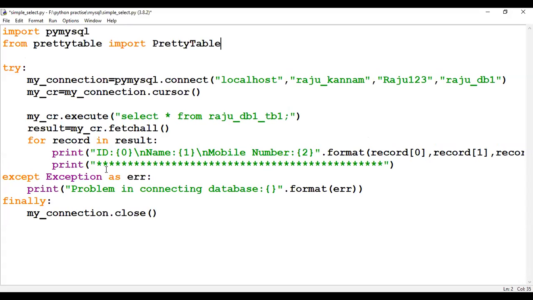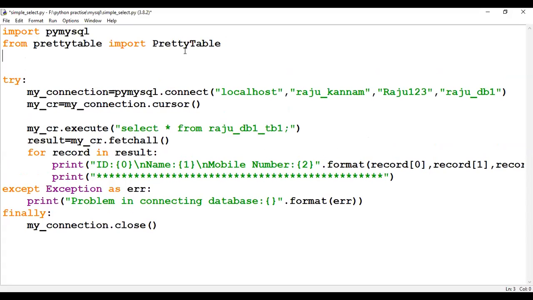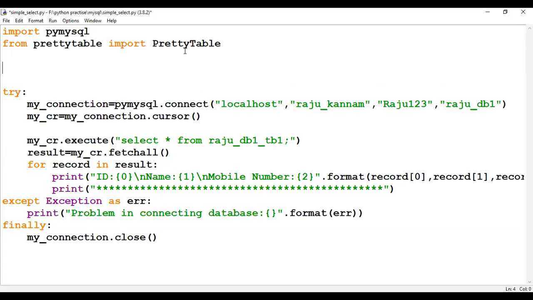Okay, so now we want to display in tabular form, right? So first create the object: obj equal to PrettyTable.